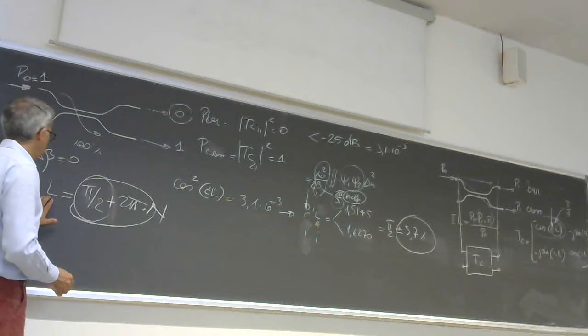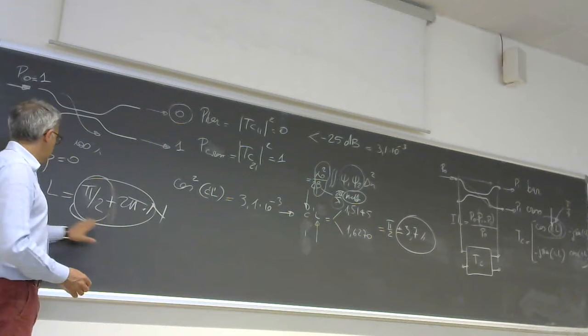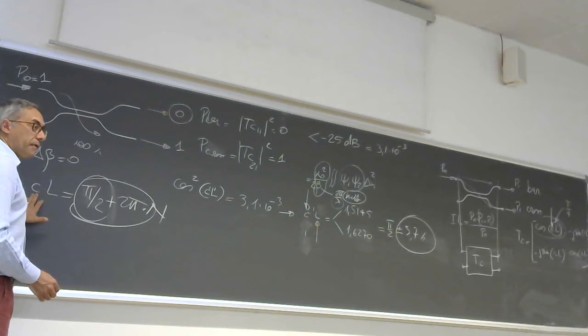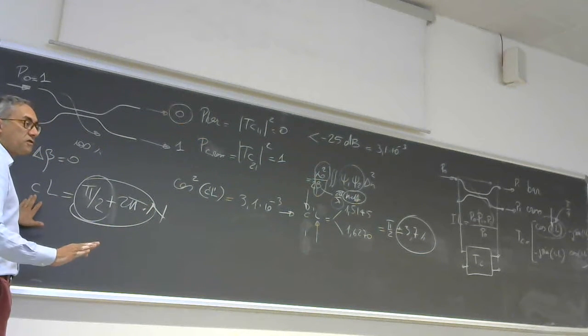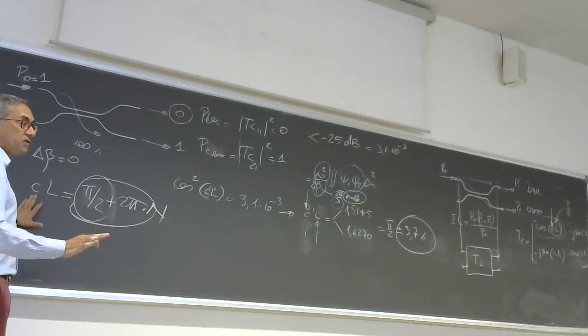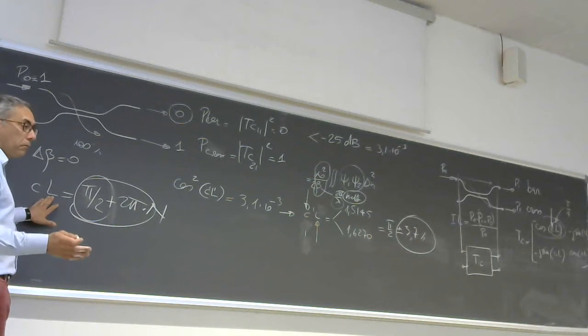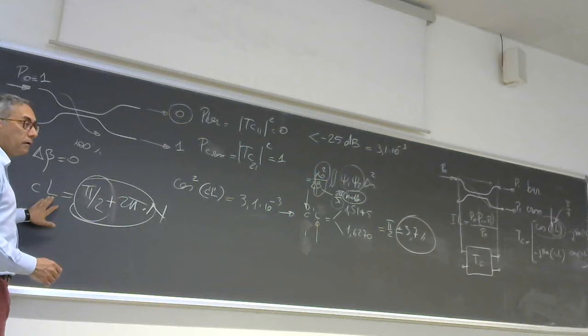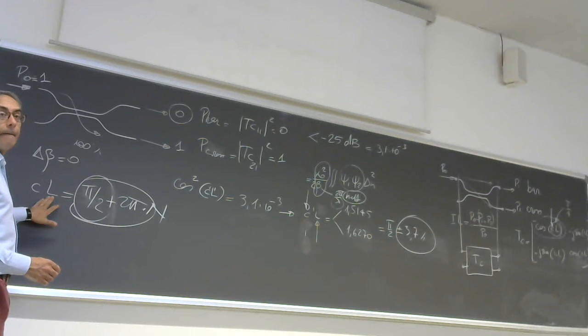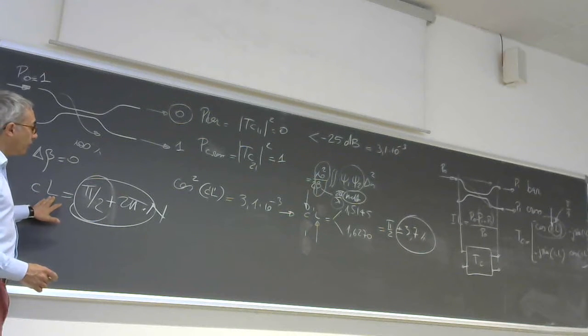You can keep C constant, always the same waveguide, same distance, same gap, and just increase the L. Then we don't have any benefit of increasing the L. We are achieving the same at pi by 2. We don't have any benefit, we have only